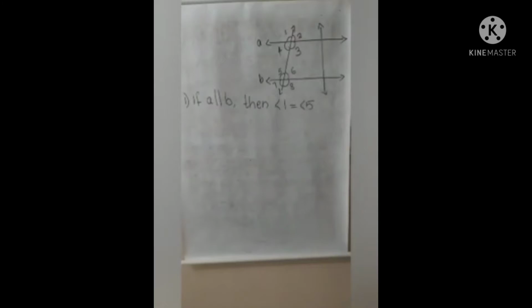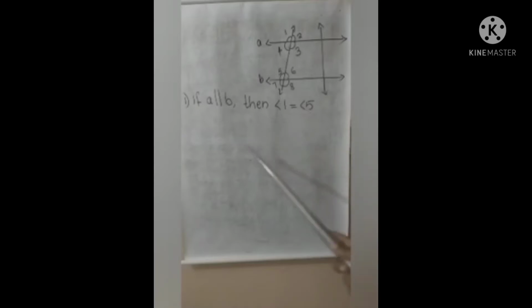So first we can look at what all is given in the figure. What is A and B? These two lines are A and B, and here we have two transversals, but don't take care of those transversals. Just consider only this transversal. Which all are the angles formed by the transversal? Angle 1, 2, 3, 4, 5, 6, 7, 8. So 8 angles are there, 2 lines are there, and 1 transversal.